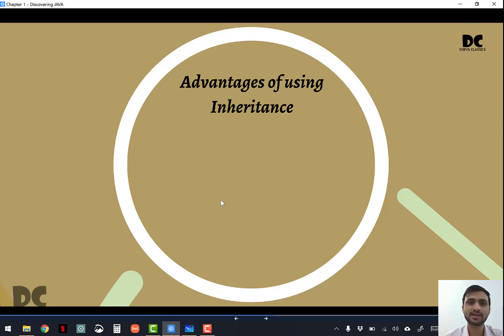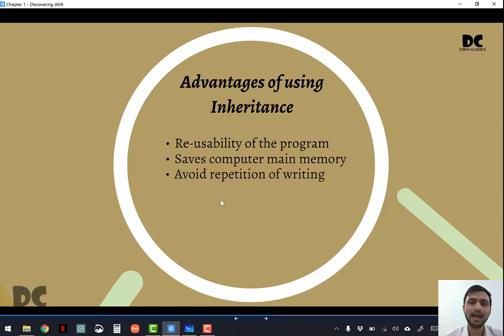But you have to understand the theory, because a question may come in your board exam in the form of short questions like 2 marks, 3 marks questions. So it gives you 4 advantages. That is reusability of the program, saves computer main memory, avoid repetition of writing, and reduce execution time.